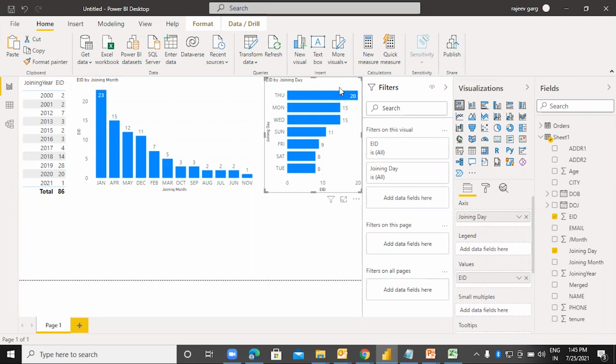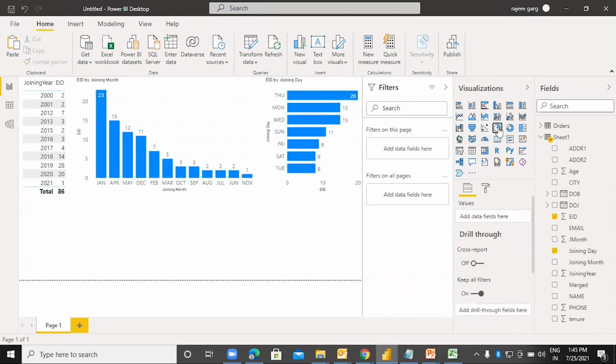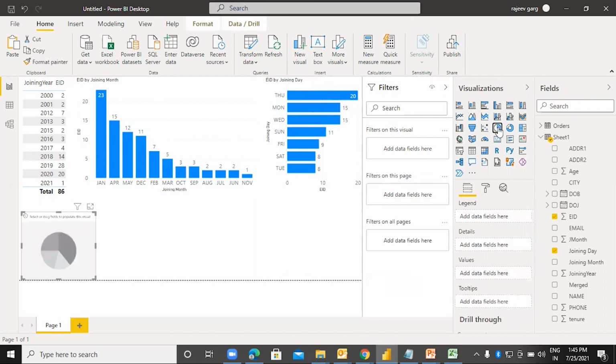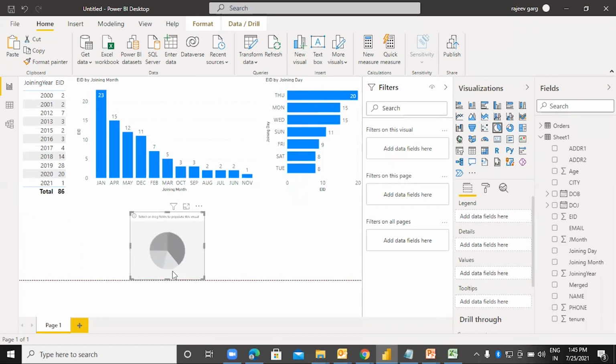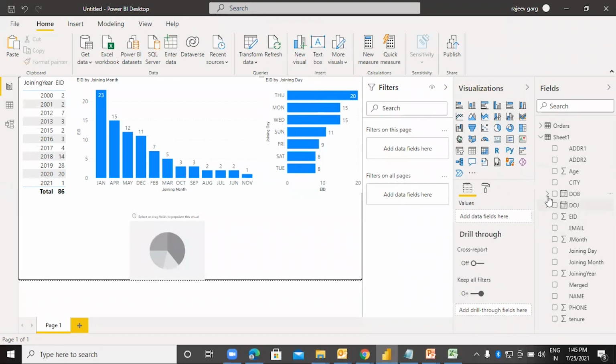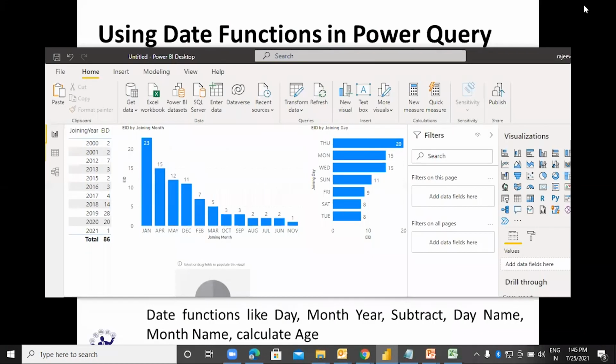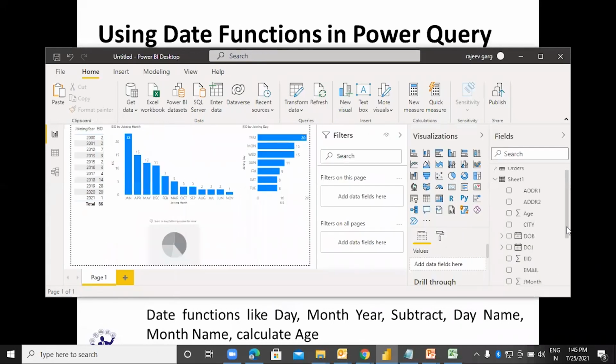Okay. So here I just wanted to give you, and suppose let's take one more scenario. I wanted to see the percentage bifurcation on the basis of the tenure. And where is the tenure which we have created? What happened? Where is that gone?